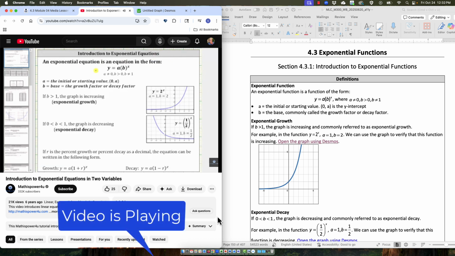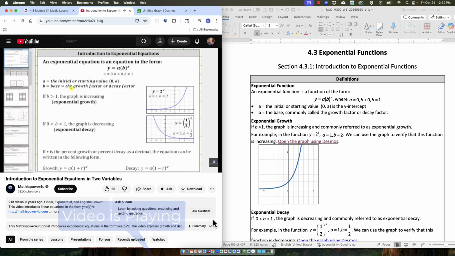Variables. An exponential equation is an equation in the form y equals a times b raised to the power of x. Notice how the variable x is in the position of the exponent. A is called the initial or starting value, which is the y value when x is 0, which also means 0, a is the vertical intercept. B is the base, which is also called the growth factor or decay factor, where if the As you watch